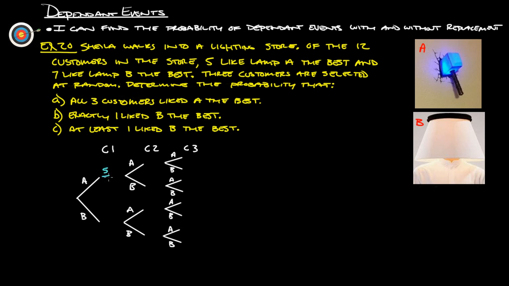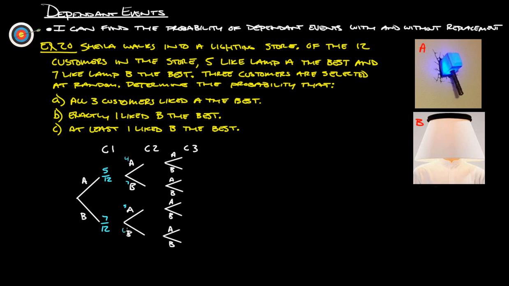So this would be 5 out of 12, and this would be the other 7 out of 12, right? Now, one customer has already been chosen. So if one customer liked lamp A best and they were chosen, that means there's only 4 left for A up here, right? So there's only 4 of these left, and there's still 7 of these left. Whereas if they chose B first, there's still 5 left that like A best,